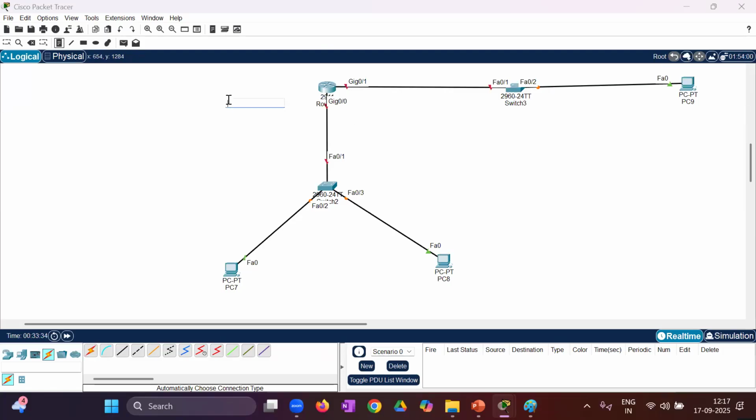IP is what? 192.168.1.10. Here we have taken 192.168.1.1. This one is 192.168.1.2. This side is